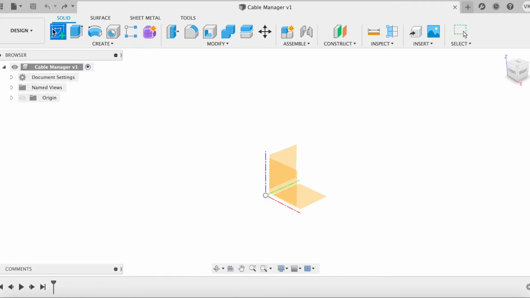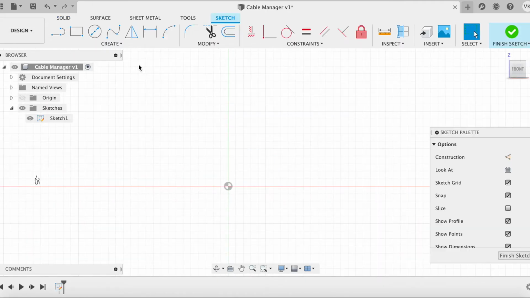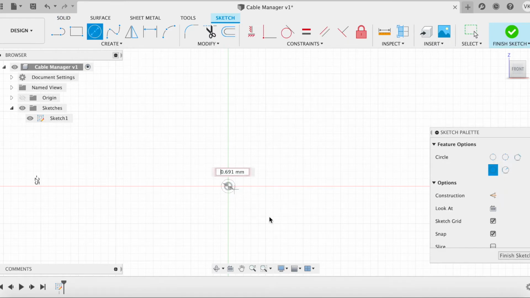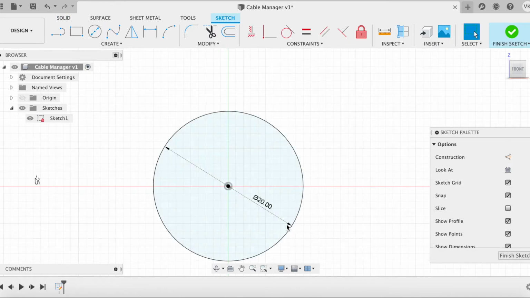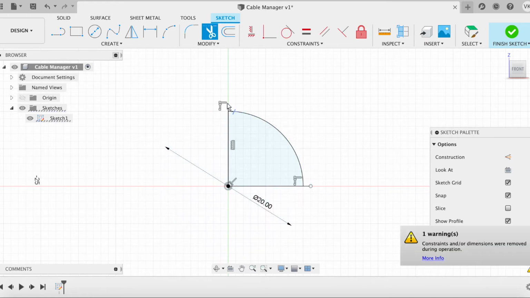To begin, we'll sketch on the XZ plane. We'll start by making a 20mm circle. Then we'll create two lines, one perpendicular to the x-axis and one parallel from the origin. Then we'll use the trim command by pressing T on the keyboard as a shortcut, and trim off